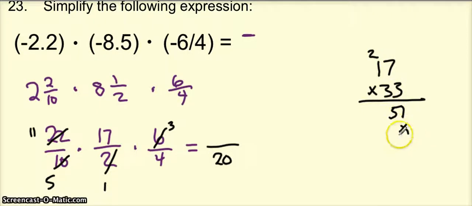Then X out this next place because I want to start in the tens place. So again, 3 times 7 is going to give me 21. Carry the 2, 3 times 1 is 3, plus 2 more is 5, so 51. Add these together, so I get 1, 6, 5, so that's 561